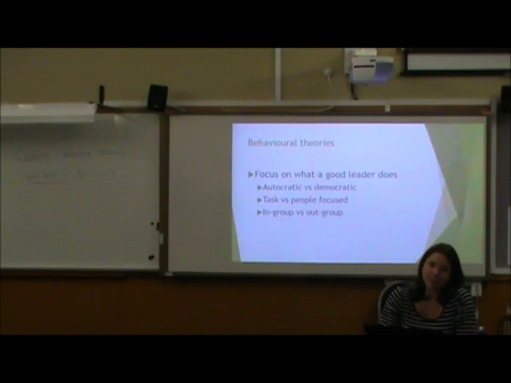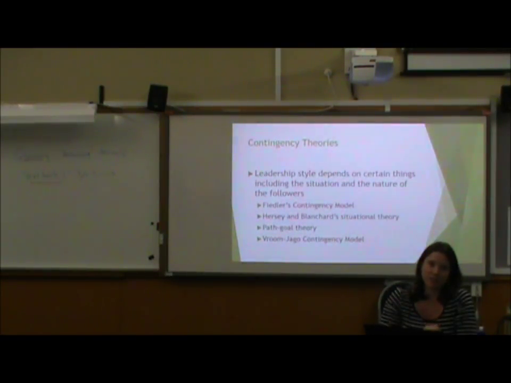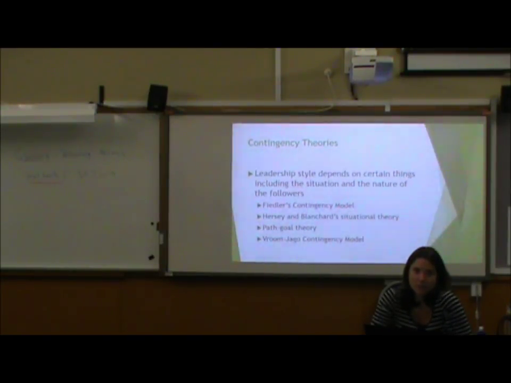There's quite a number of factors that you actually start to look at, and that's where the contingency theories really came in. And that said that actually it depends on the situation and the nature of the followers. Now, if you're in a high risk situation, say health and safety, then you're not going to take a democratic approach to letting the employees decide how they're going to manage it. If there are specific health and safety requirements that must be met, you must meet those. You must make your team meet those requirements. That's how it is, right?